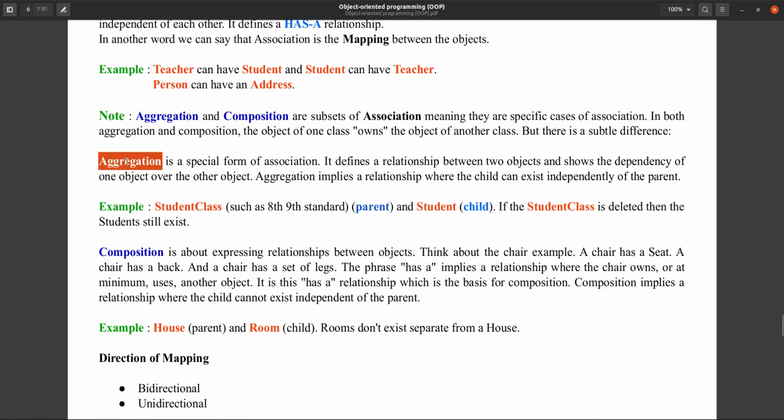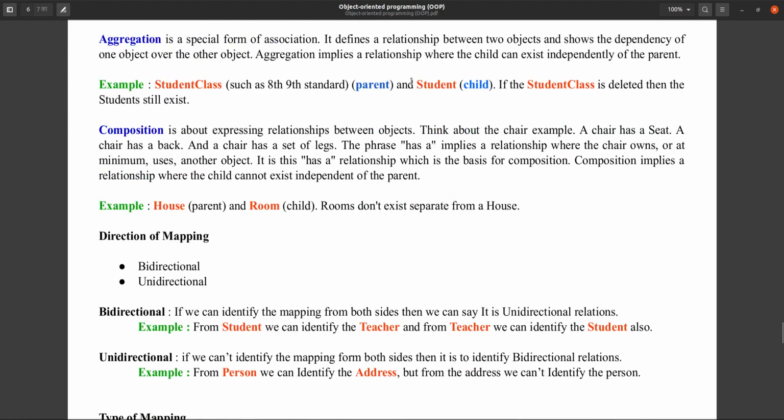Aggregation means the child object will still exist if you delete the parent object, but in composition the child object does not exist at all if you delete the parent object. And we have seen the examples of that.